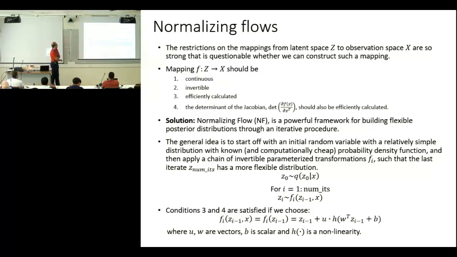I will describe a technique which is used in all that, in how to define the mapping F. This is called normalizing flows. The restrictions on the mapping from latent space to observation space are so strong that it is questionable whether we can construct such a mapping. The mapping F should be continuous, invertible, efficiently computed, and the determinant of the Jacobian should also be efficiently computed. Because